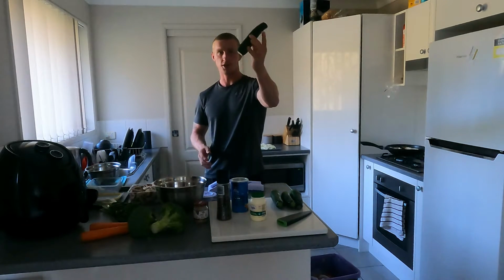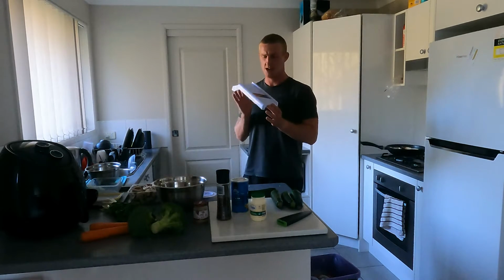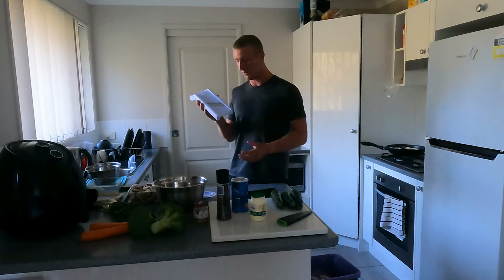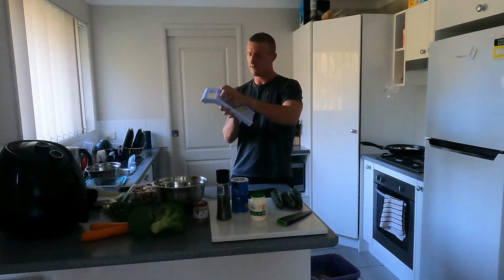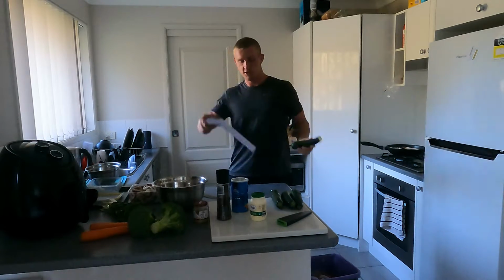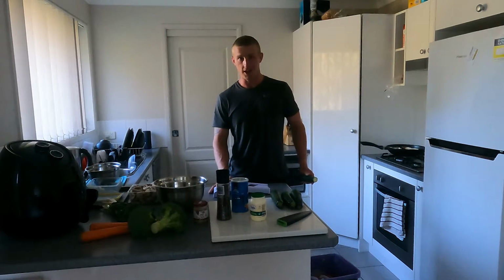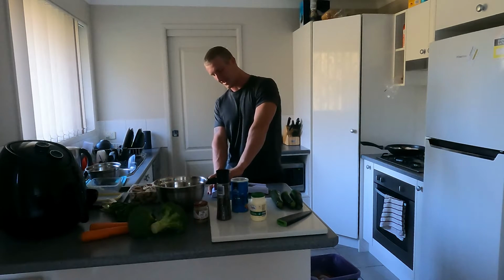Alright. We've got the zucchini. We've got our zucchini noodle pasta maker. There is much easier devices to use that just like spiral it up, easy as. This is all I can find at the shop, so it's going to be doing alright. This is something that you're meant to use with it. I don't use it. Maybe I will. Try it out. You grab your zucchini, you grab your cutter, you grip the cutter firmly against the bench top,